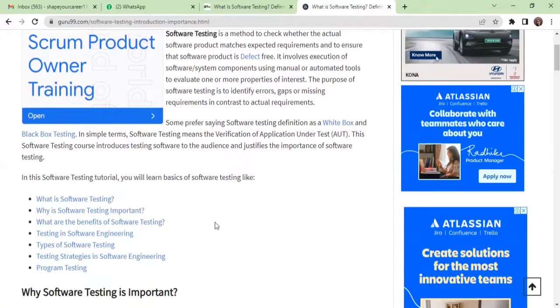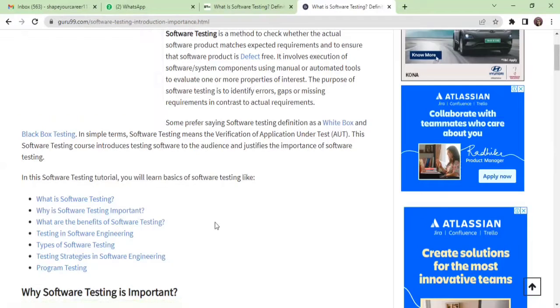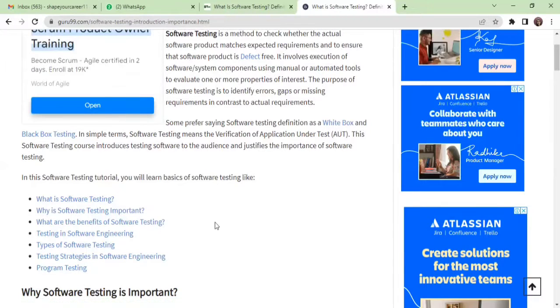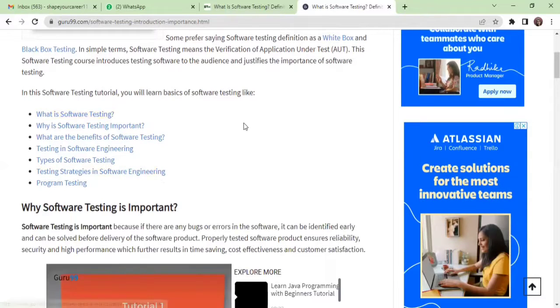Okay, so whenever you're studying this, you have to think like a software tester now. Start thinking like a software tester. You have to think you are a representation of 100 other people. Which other people can make mistakes, and what kind of mistakes they can make. Those mistakes you have to make on that particular software and test that application. Okay, that's actually the basic layman language of software testing.